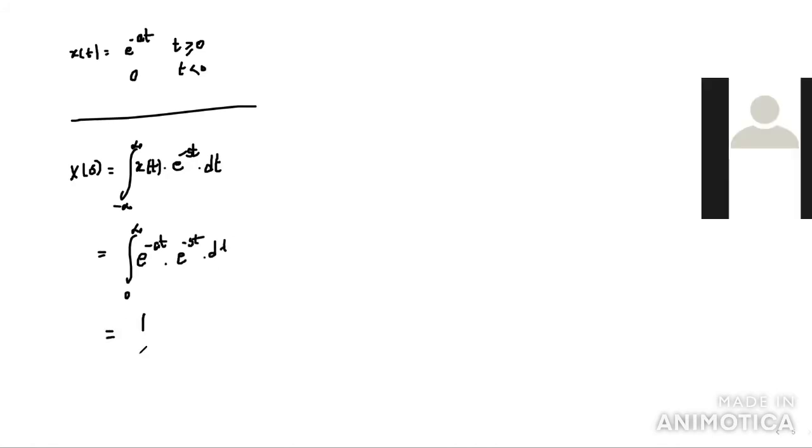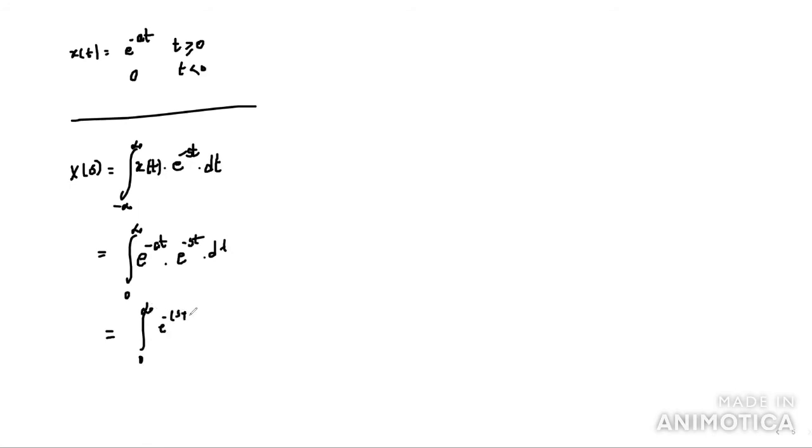So I can rewrite this as the integral from 0 to infinity of e power minus of s plus a into t, dt. If I apply integration to that, I get 1 divided by s plus a into